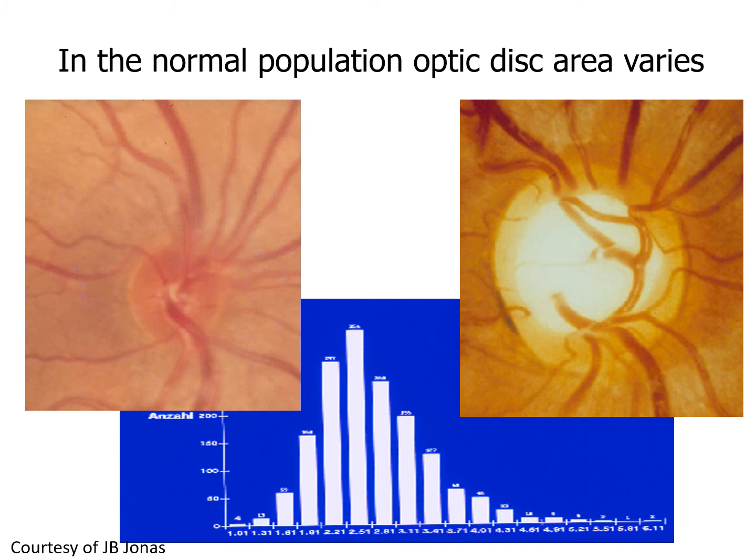And in this graph you can observe that usually the mean disc area assessed by planimetry was 2.5 square millimeters,